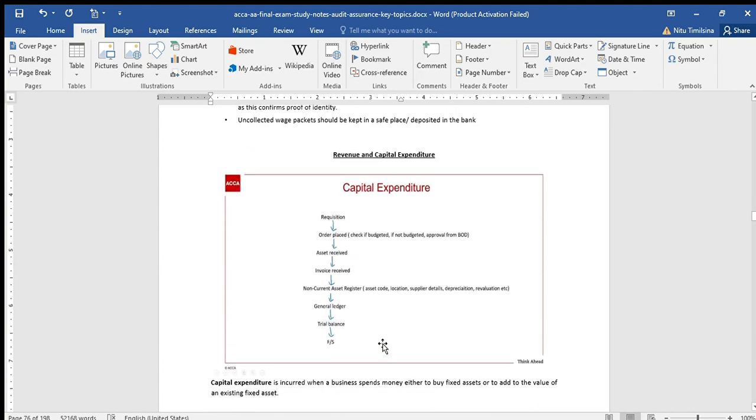Revenue and capital expenditure. Capital expenditure: requisition, order placed, asset received,